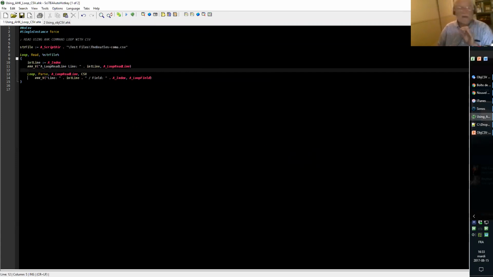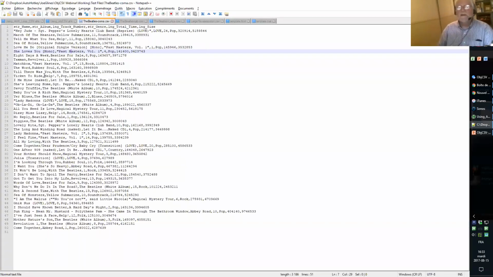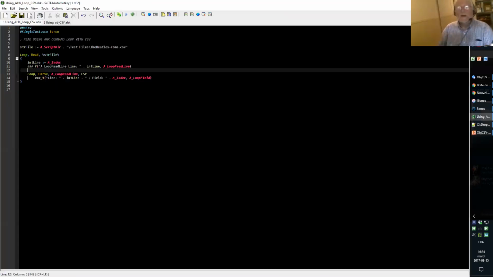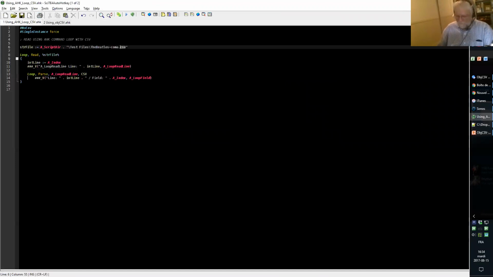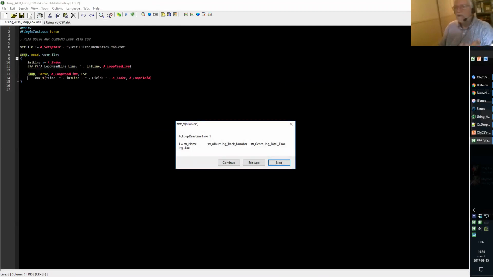So this works because my file is a very standard file. If I now use a file which is tab delimited, which is very common, there are almost as many tab-delimited files. Sometimes we'll see TSV instead of CSV for the extension. So we have the same data here, but with tabs between columns. If I try to use this file, the line reads correctly.